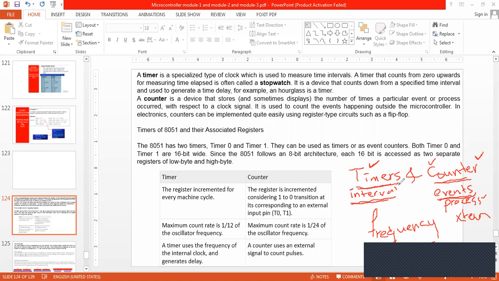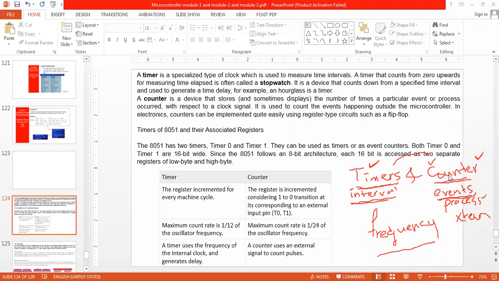These are two essential parts that work with the frequency. Both are dealing with the frequency only, right? Even for the timers we require a frequency, and even for the counters we require the frequency.